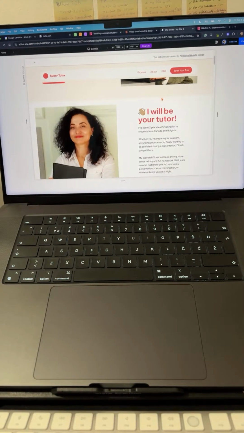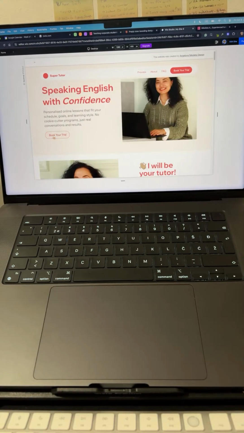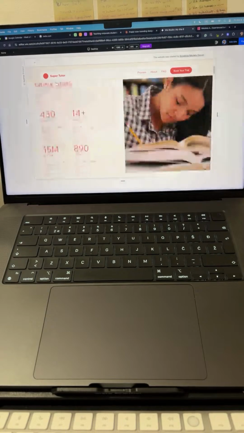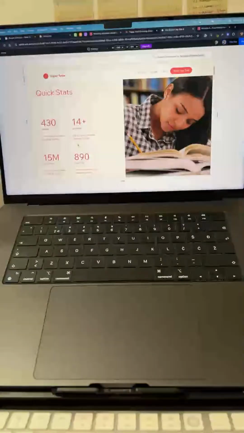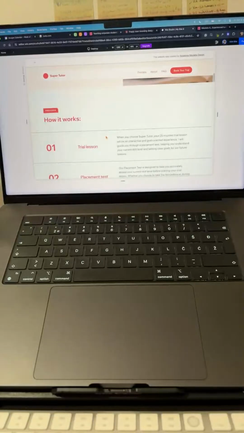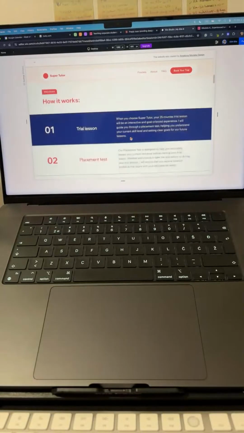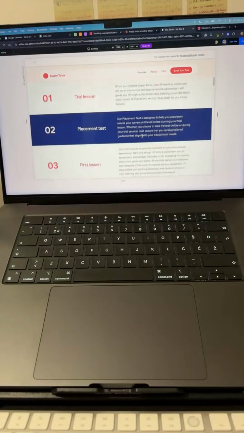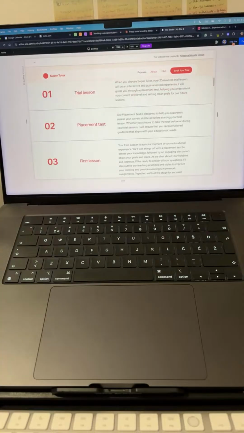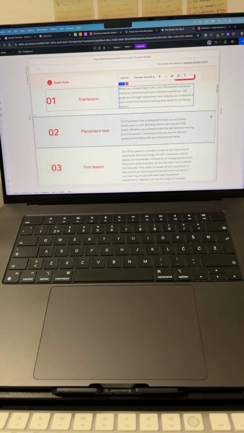So this will be here. Maybe we can leave the book a trial, but here maybe we can change it to frequently asked questions, and then the quick statistics will be here. How it works, the process, trial lesson, placement test, or we can do the placement test and then the trial lesson. And let's see how easy this is to do within